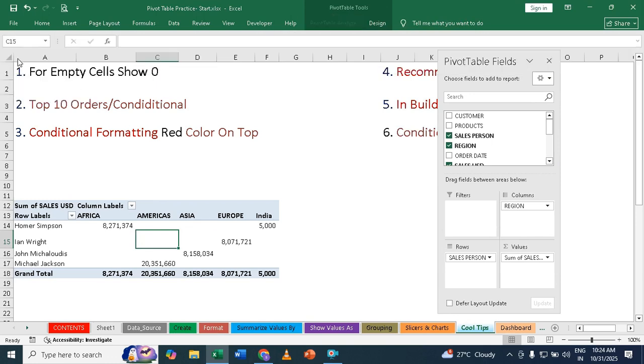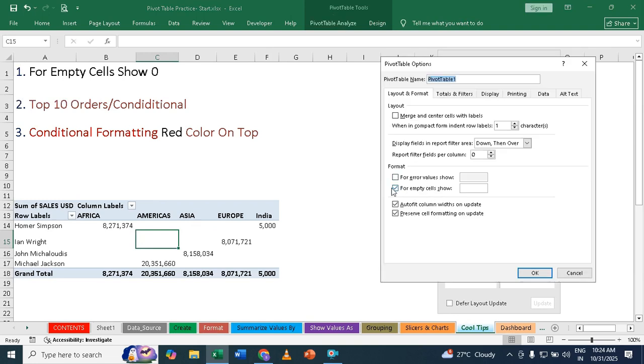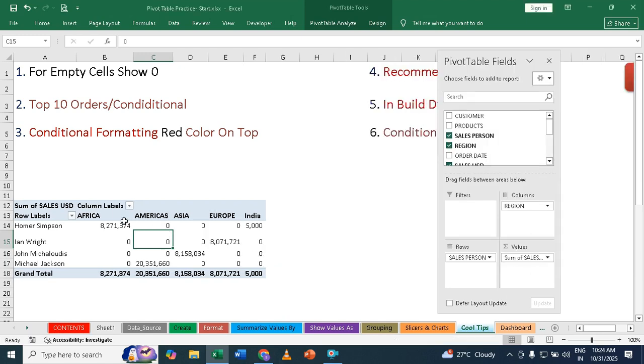Click on this button. Over here it says for empty cells show. Just click inside this box and type 0. So now when I say OK,